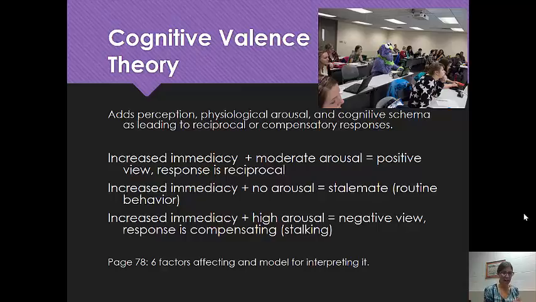Right now, I look back on that and I say schema is little bits of information that tell me what things are. So if I think about an event schema, if I see a front porch and it's got red Solo cups, loud music, and a big silver container that everybody's pumping liquid out of, that's a party, right? And I want to be there. Those are the little itty bitty things along the way that tell me that that is a party. That's event schema. Cognitive schema is the same thing. It's these little itty bitty things along the way that signal for you some particular episode, some particular thing.